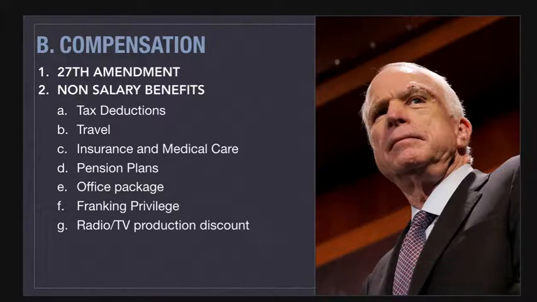They get a lot of what is labeled as fringe benefits. Everybody gets special tax deductions to help them because of the fact that they have two different residencies, one in Washington, D.C. and one also back home in whatever state they're coming from. And so they get a major tax deduction for that. They also get generous travel allowances to help them to be able to go back and forth between their home and Washington, D.C.